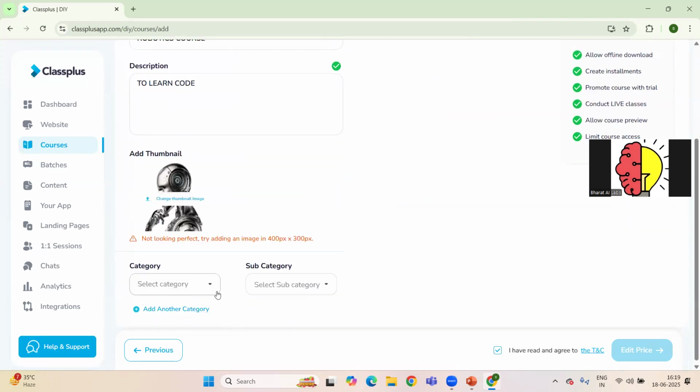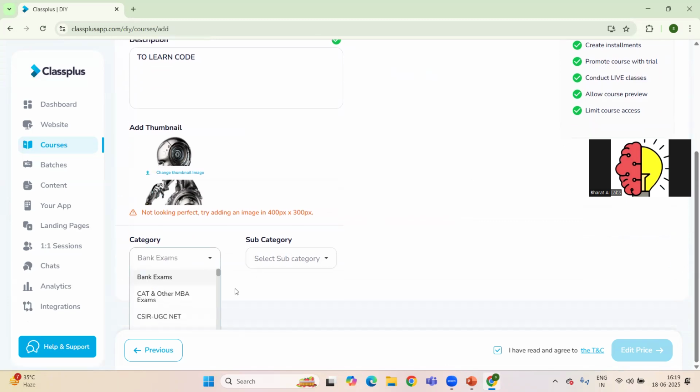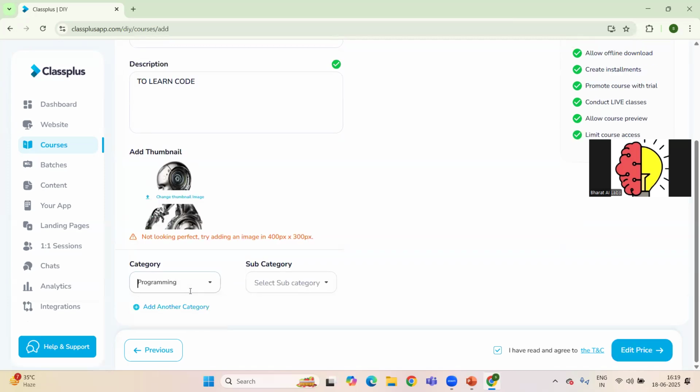After that, I need to select a category, for what category I want to create that course. We have so many options. Right now, I'm going to use the category others. Or programming, I can choose the programming category also. I don't want to use any other subcategory.